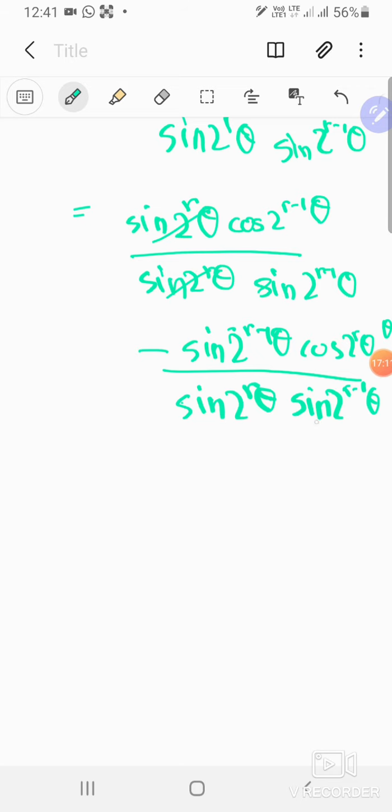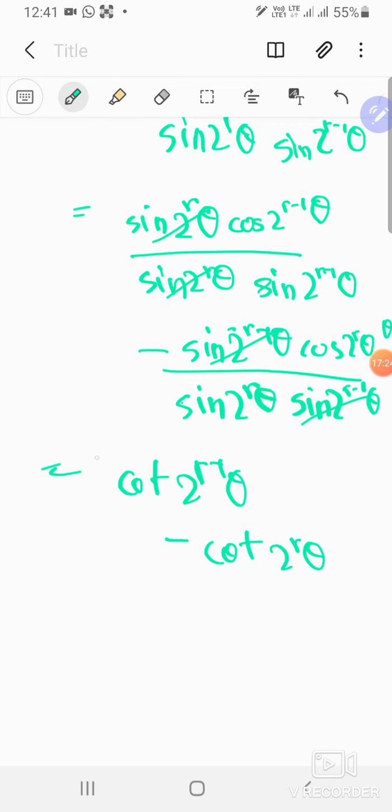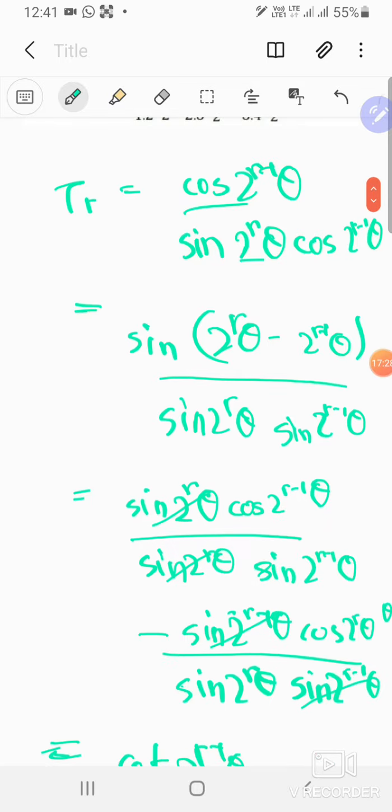And then over here this cancels out, so you just have cot of 2^(r-1) theta minus cot of 2^r theta. So the previous term minus the next term. Okay, cool. So now if we sum this up from r equals 1 to n,